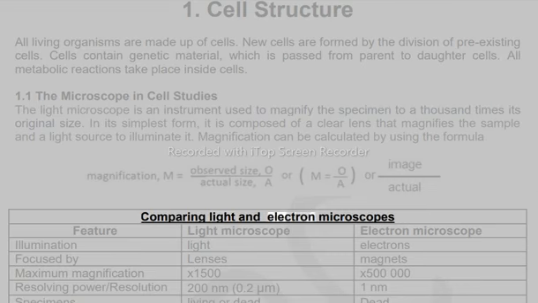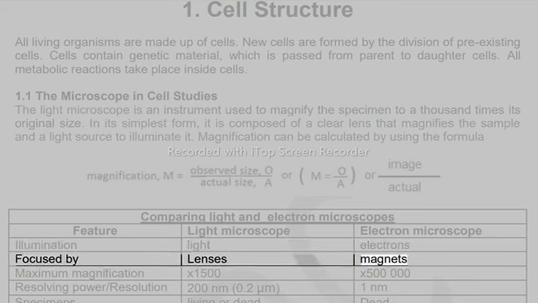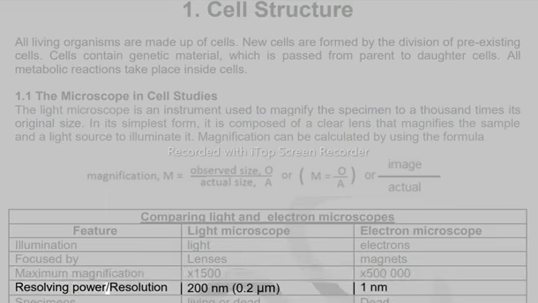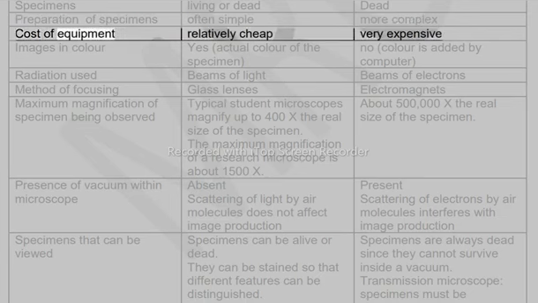Comparing light and electron microscopes. Feature: light microscope, electron microscope. Illumination: light, electrons focused by lenses, magnets. Maximum magnification: x1500, x500,000. Resolving power/resolution: 200 nanometers, 0.2 nm... 1 nanometer. Specimens: living or dead. Preparation of specimens: often simple, more complex. Cost of equipment: relatively cheap,